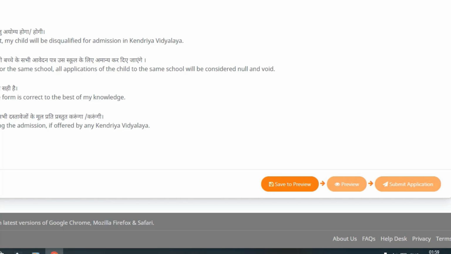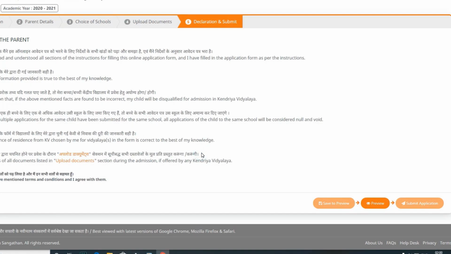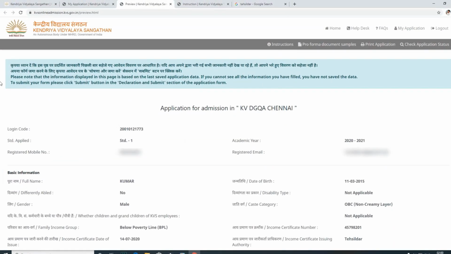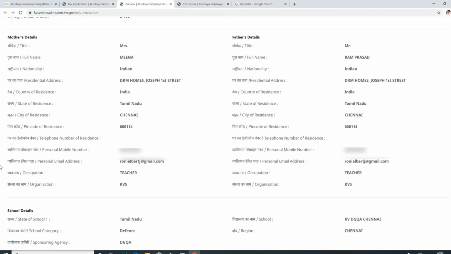Save to preview application means whatever you have filled so far, you can view. You can view the application to check whether you have filled all the columns correctly or not. You can go through all the columns you have entered so far in the portal. It will appear on the screen.